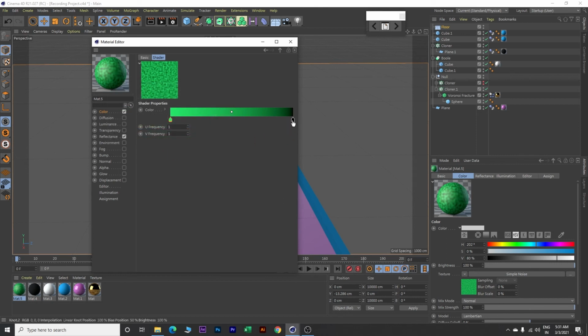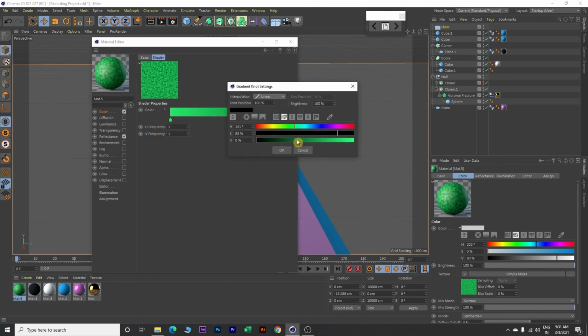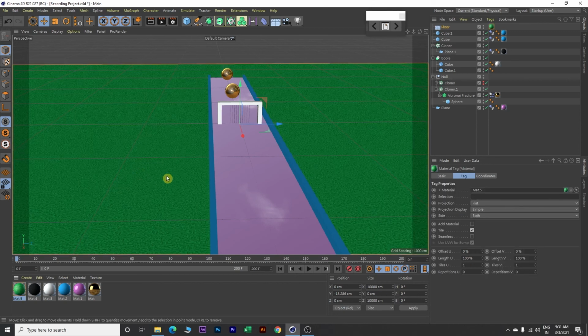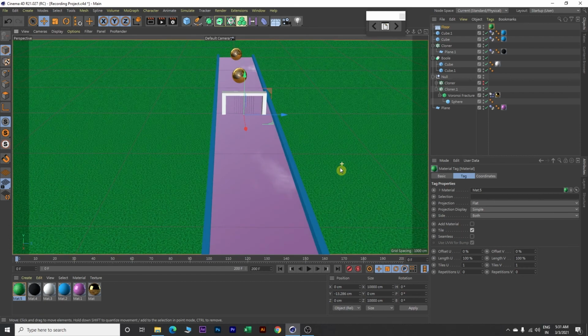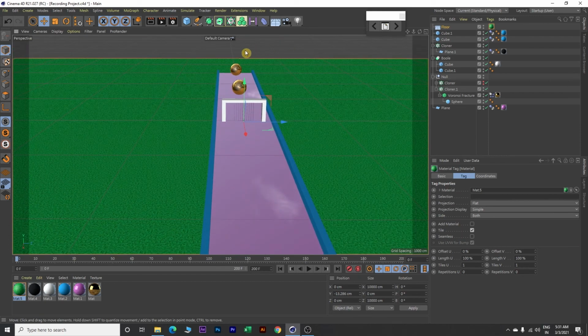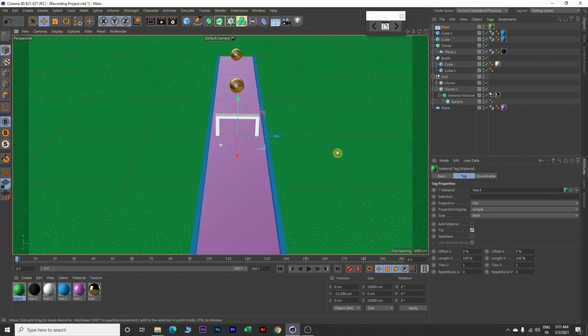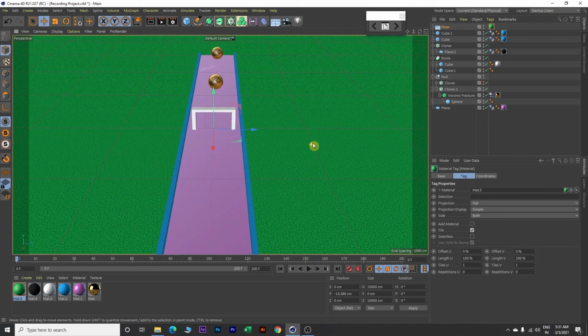Double click on this other color and select dark green like this, click OK and close. Now drag this material and drop on floor. Now this looks good. Make sure that this background is not visible, so adjust like this. Okay, this looks good.